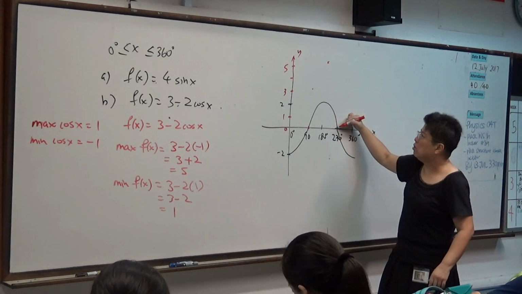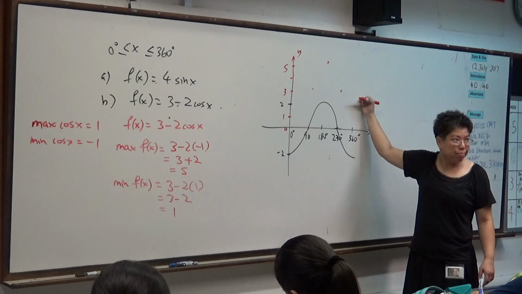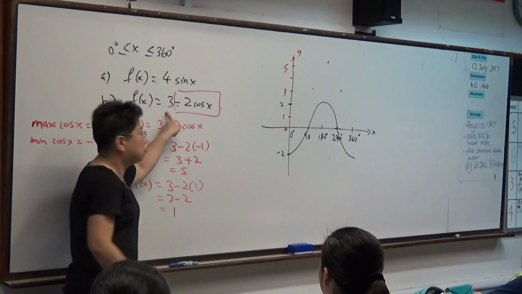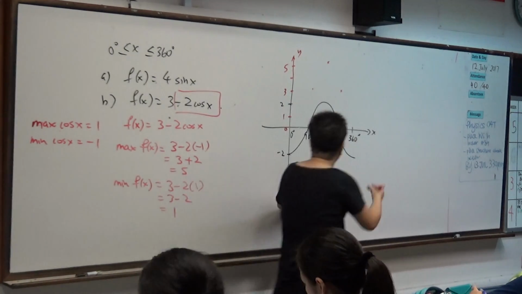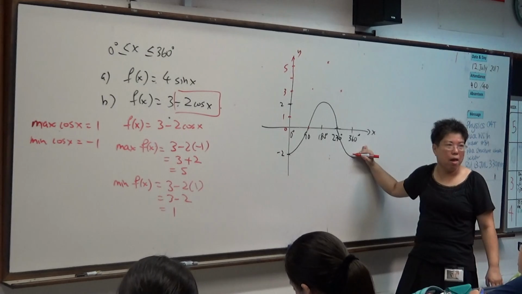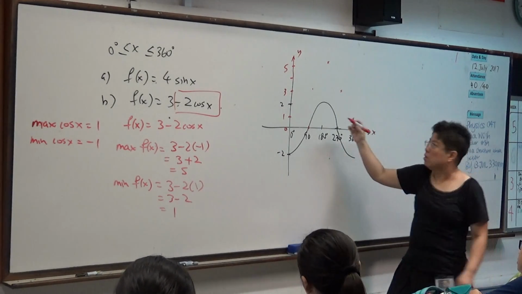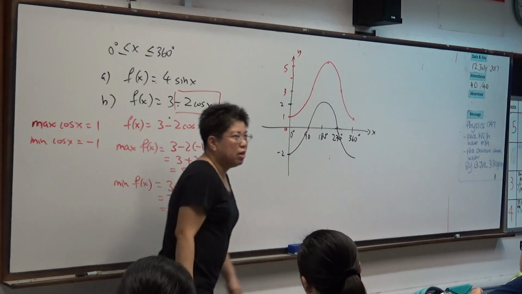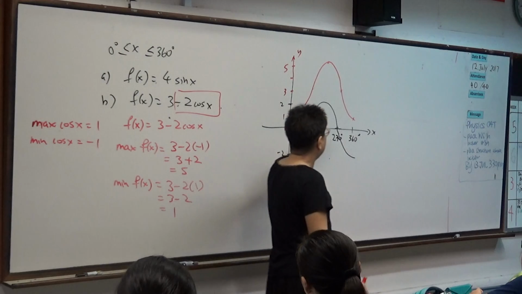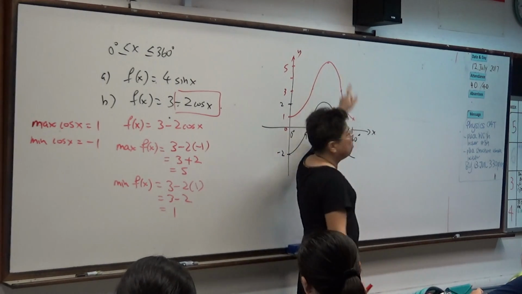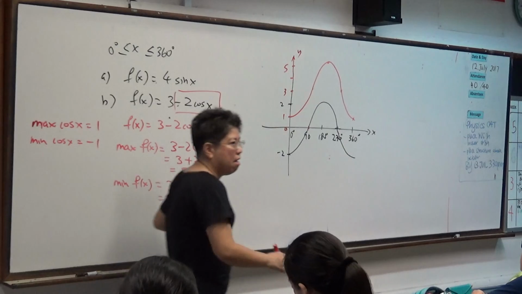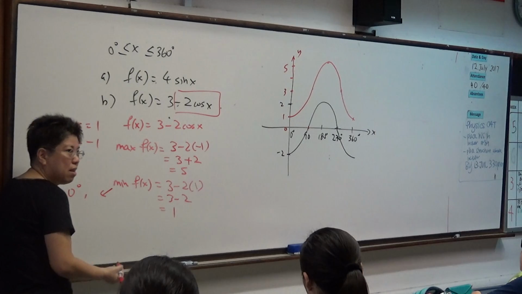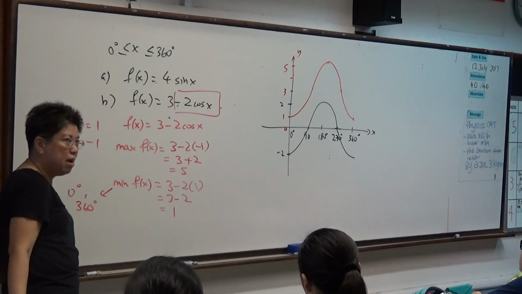Then 0 will go to 3 again, right? Am I right to say that? You see, I plotted this one already. I must plus 3. Can you see it? Okay? Then, after that, minus 2 must go to where? 1, right? So the curve will go like this. Am I right? Shifted up. Can you tell me what's the minimum value? 1. What's the maximum value? 5, right? Can you tell me where the minimum value occurs? 0 degrees and 360 degrees. Everybody okay? What about the next